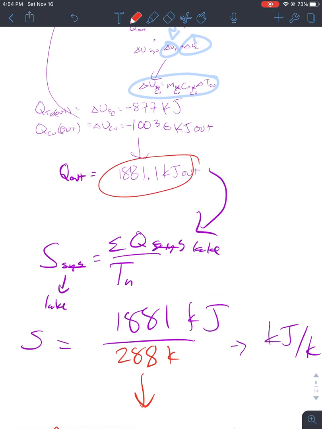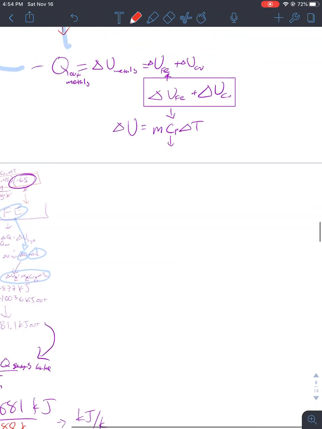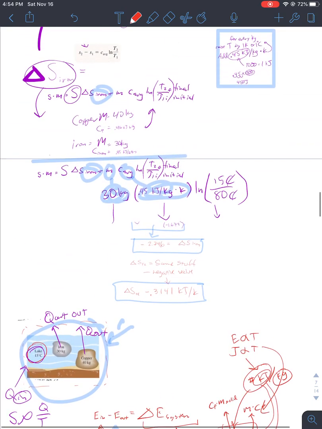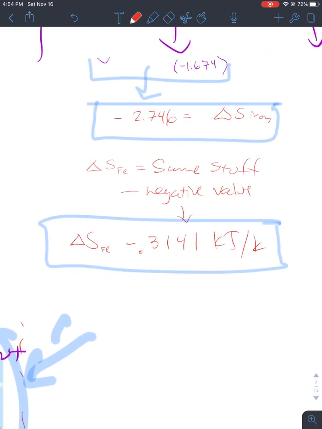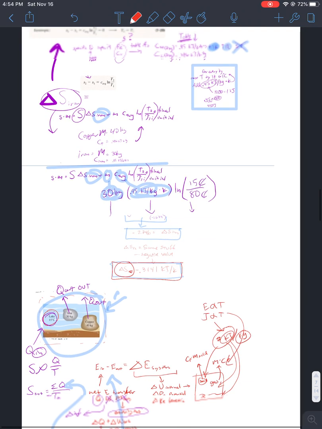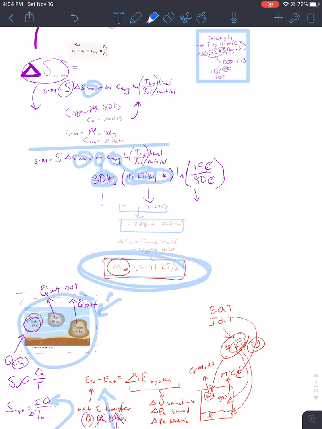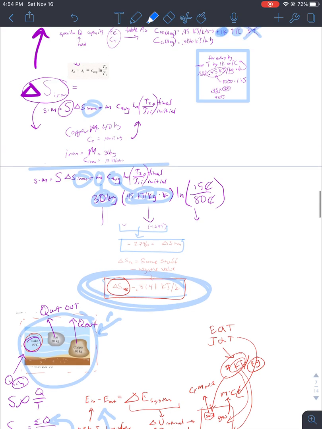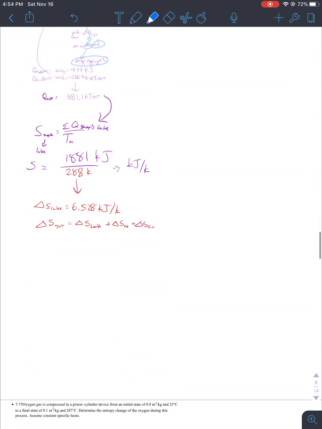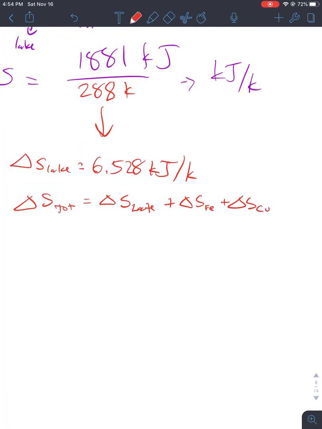Is it this? No, that's not it. Did we find entropy? Where's entropy? Ah, here. Here we are. Number 1, iron, entropy. So there's that. And then where's the other one? Yeah, and then the other one you just do yourself, which is equal to